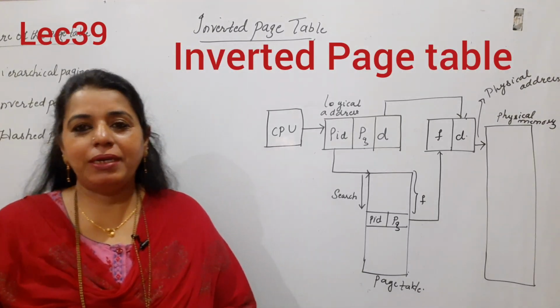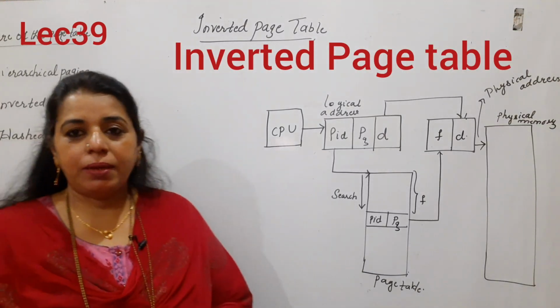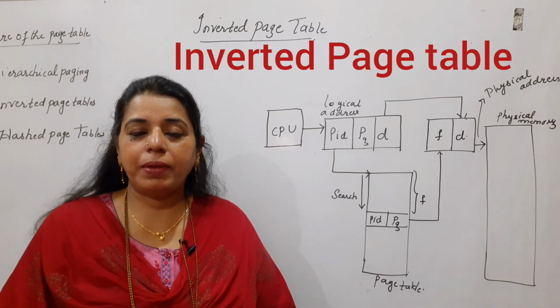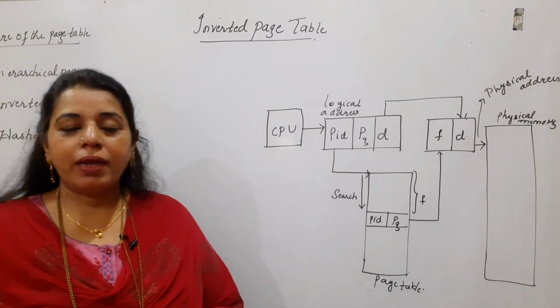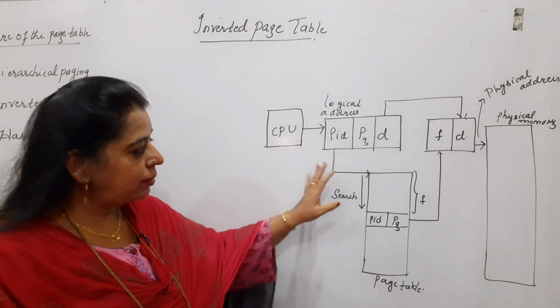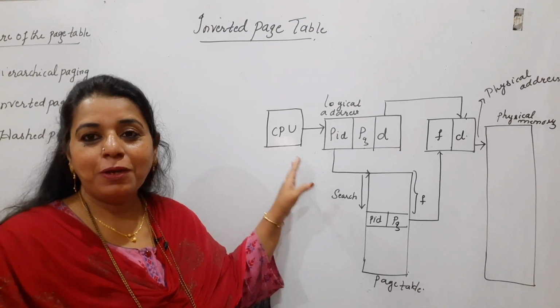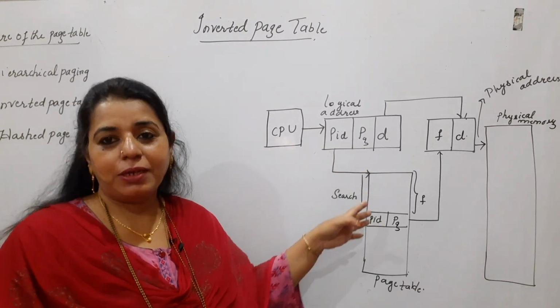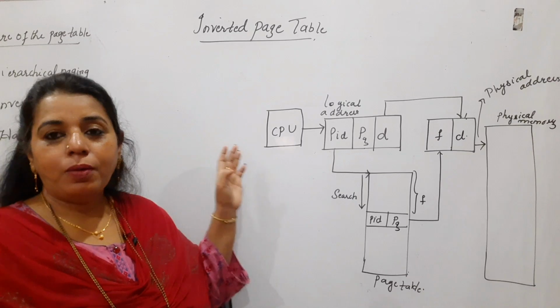In this session I shall be discussing inverted page table. This is the second type in the types of page tables. So what exactly do you mean by inverted page table? This is the diagram that is given in the textbook. Normally, before I explain with respect to the diagram, I would like to tell you what exactly is the